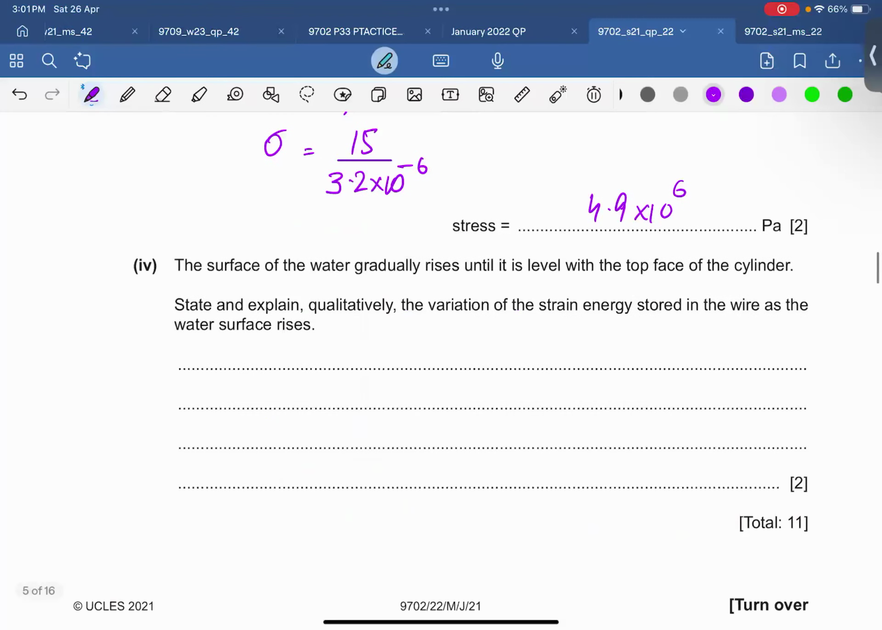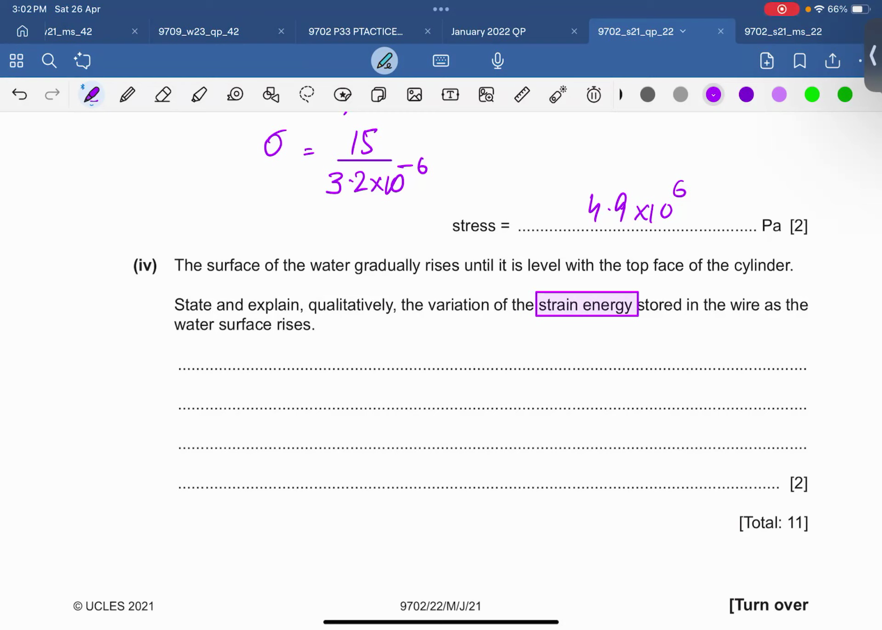The surface of the water gradually rises until it is level with the top surface of the cylinder. State and explain qualitatively the variation of the strain energy stored in the wire as the water surface rises. क्या होगा, कुछ आइडिया? गंदा सा क्वेश्चन पूछा है। स्ट्रेन का फॉर्मूला याद नहीं आ रहा। स्ट्रेन नहीं, स्ट्रेन एनर्जी, मतलब इलास्टिक पोटेंशियल एनर्जी।